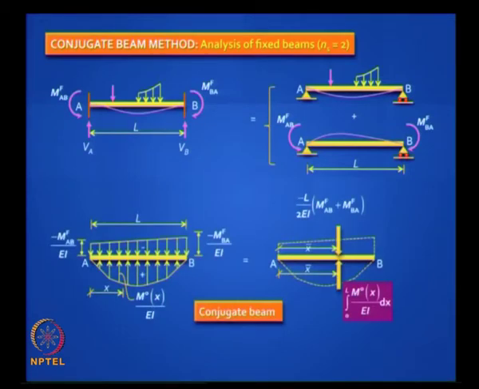And you can now look at the conjugate beam, which will be now free because the original beam is fixed, and you will find that on the top you will be putting the curvature diagram caused by the negative moments, so that is a straight line, and at the bottom you will have the free moment diagram M0x by EI, and these two must self equilibrate. So you will find that the resultant force must be equal and the lines of action also must be equal.